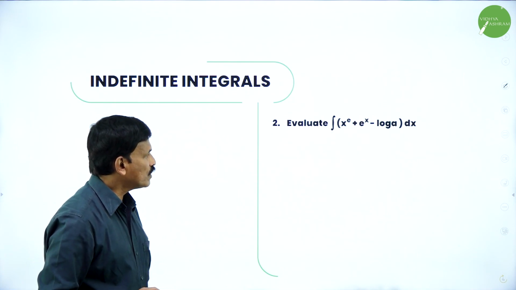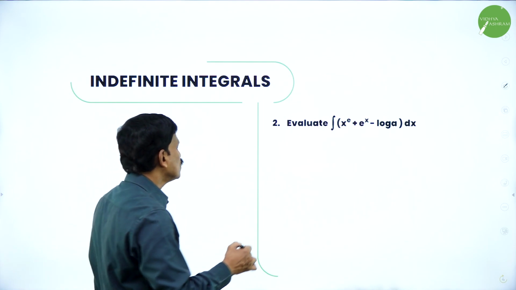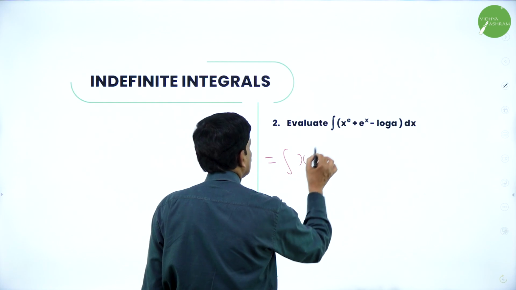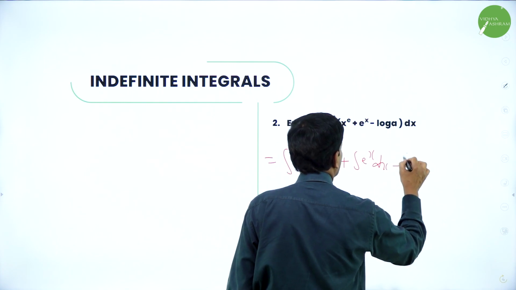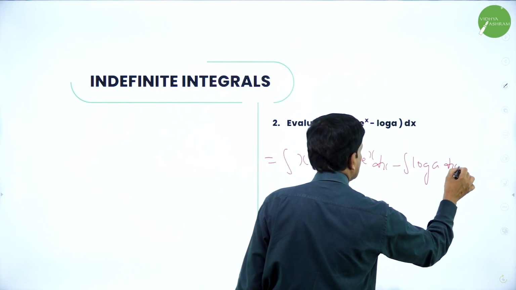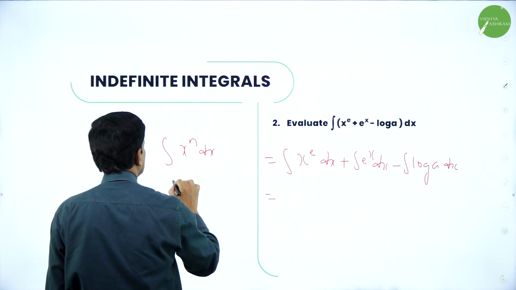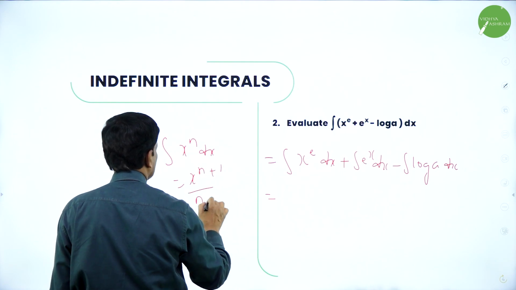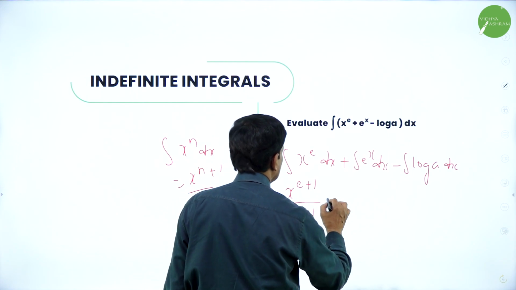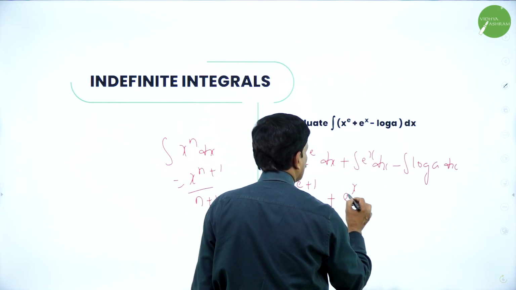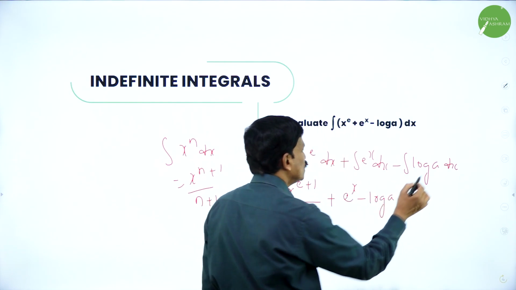Evaluate integral of x to the power of e plus e to the power of x minus log a into dx. Now this is term by term integration. Integral of x power e dx plus integration of e to the power of x dx minus integration of log a dx. Integration of x to the power of e is of the form x to the power of n dx, x to the power of n plus 1 divided by n plus 1. So this is x to the power of e plus 1 divided by e plus 1, plus integration of e power x is e power x, minus log a, log a is a constant and is kept out, integration of dx